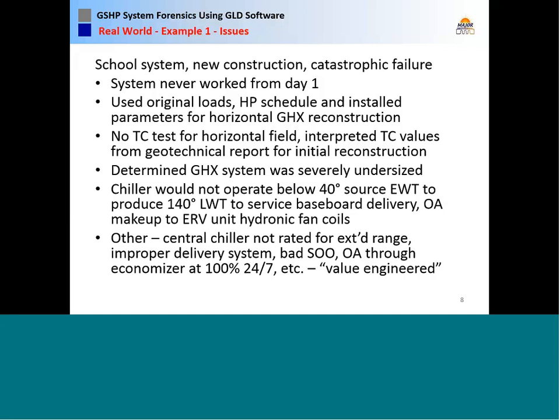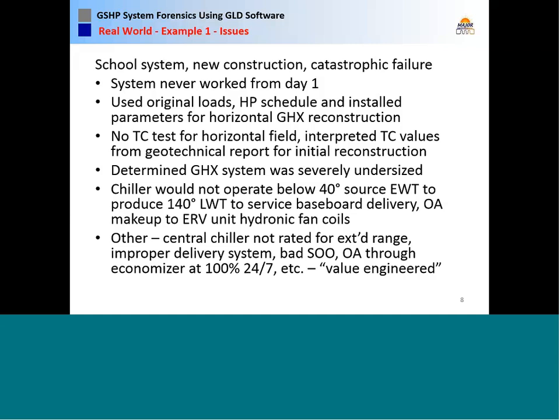So this school is in the Rocky Mountain region. The system never worked from the first day of operation. We used the original loads, heat pump schedule, and install parameters. It does have a horizontal ground loop, so we reconstructed the horizontal ground loop. There was no TC test for the horizontal loop field, so we interpreted the thermal conductivity values from a geotechnical report. And then we did determine the ground loop was severely undersized, and it did use a central plant that